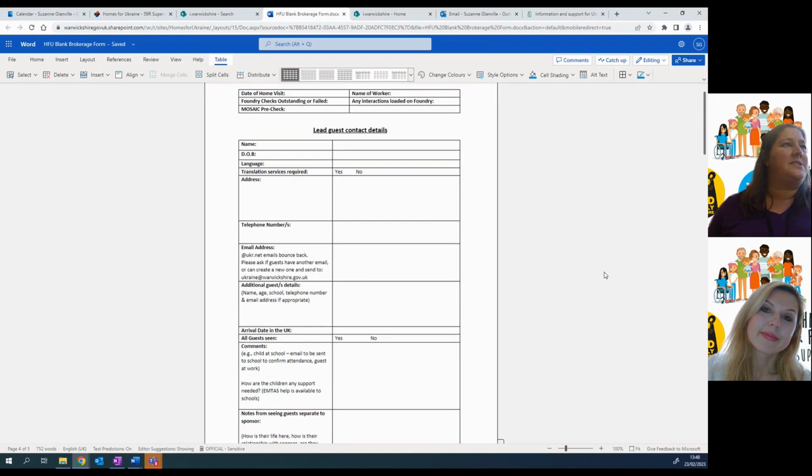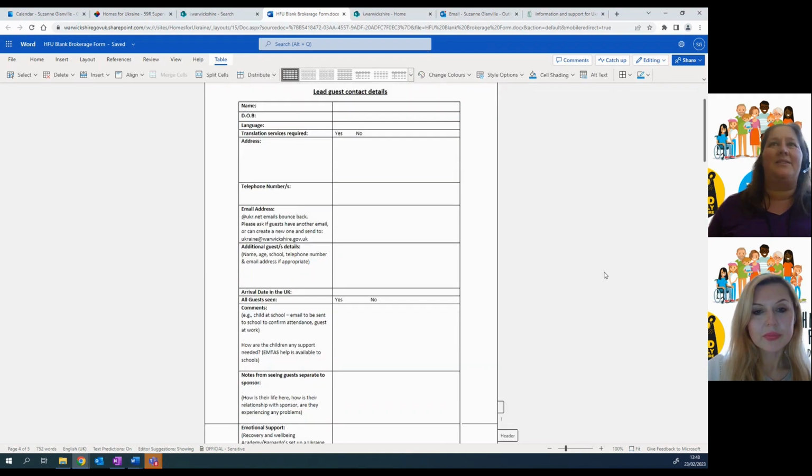Thank you. So we're just having a look at the form here. Did you want to go through the form for us? Yes, so here you see the main information which the brokerage officer asks during the visit. Obviously, this is the name and contact information and date of birth, address, but I would like to draw your